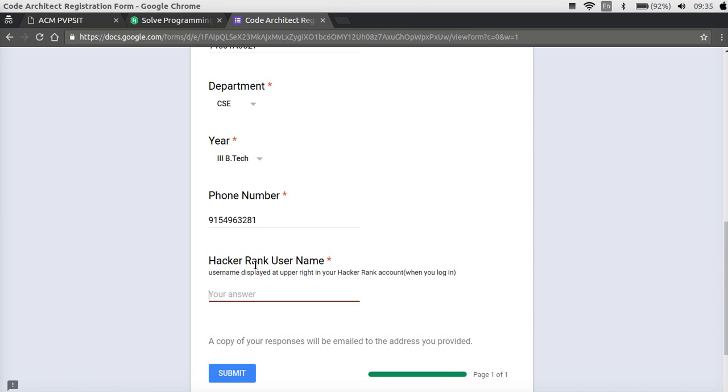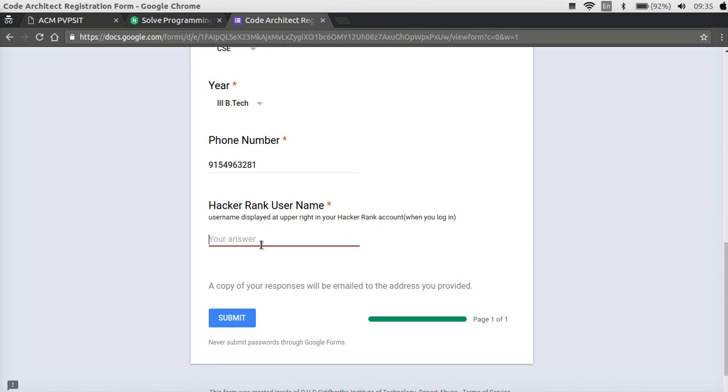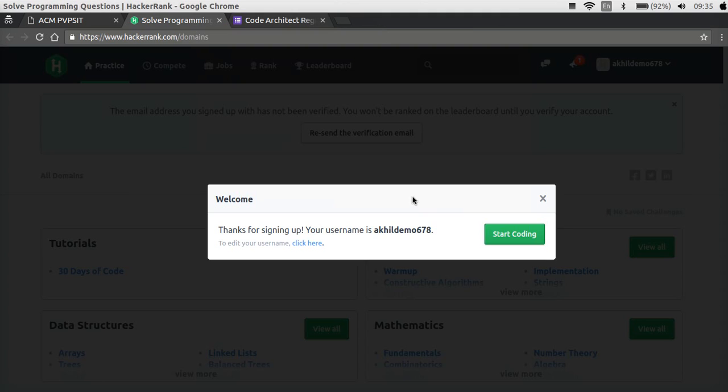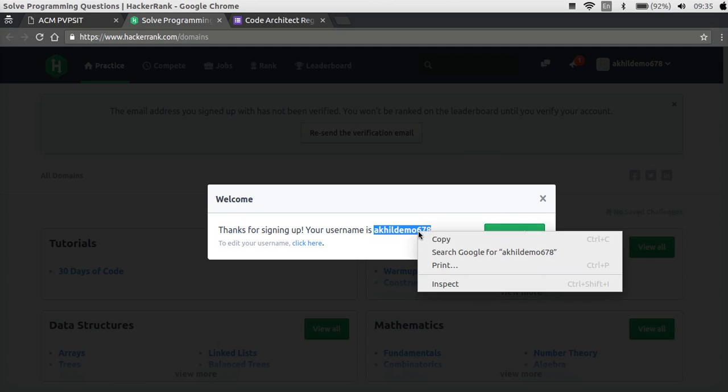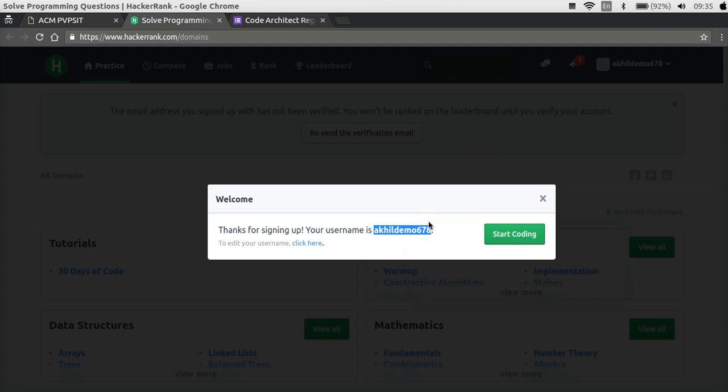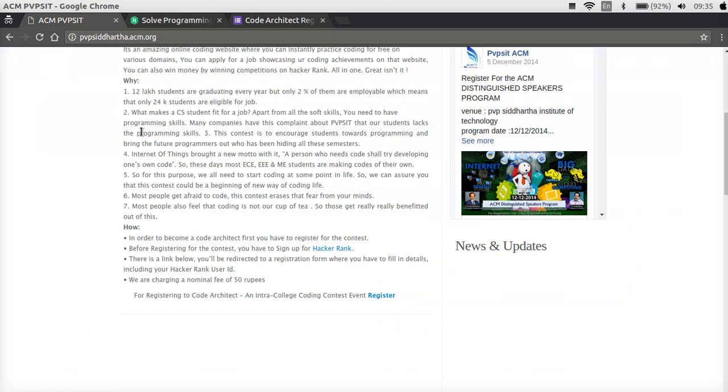Alright, guys, the final column that you have to fill in is the HackerRank username. Well, remember, just a while before, I asked you to save your HackerRank username somewhere. If ever you have not saved it as well, try to copy this name, AkhilDemo678 in my case, and paste your